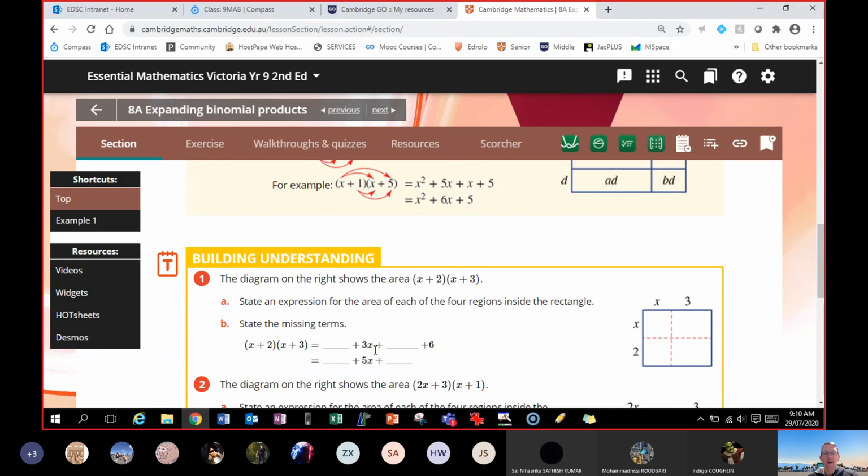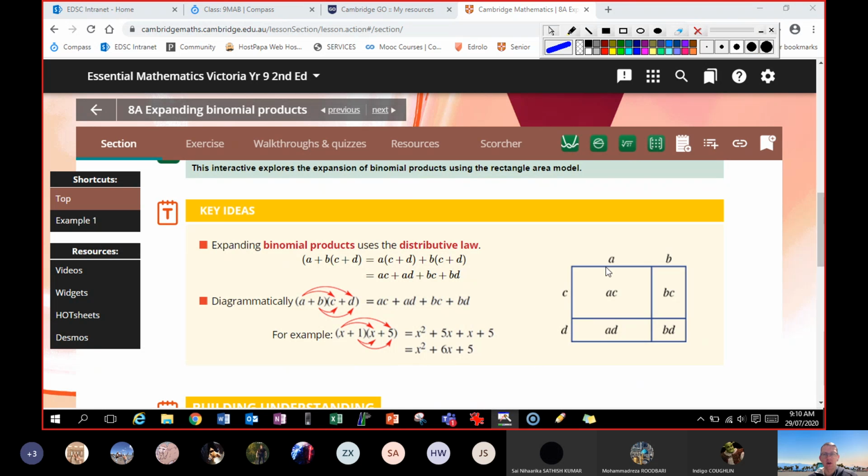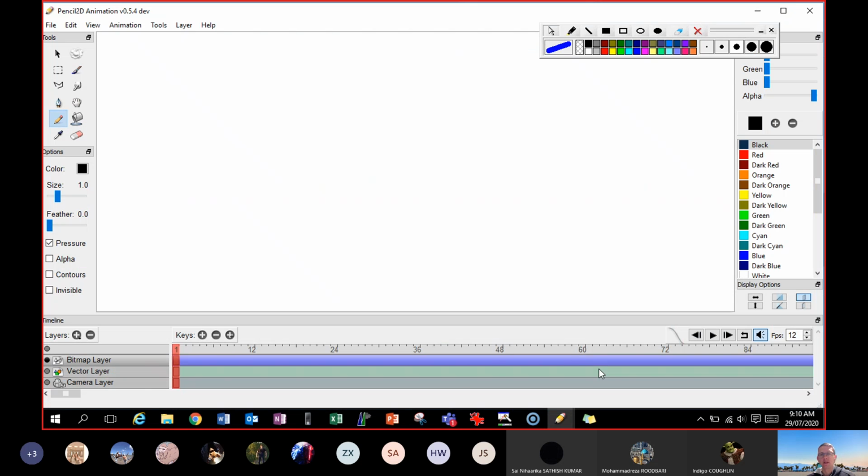So from there, if you get this, really, we do one of two things. We expand. So just a quick overview of where we're going with this. So for example, if we've got x plus 2,